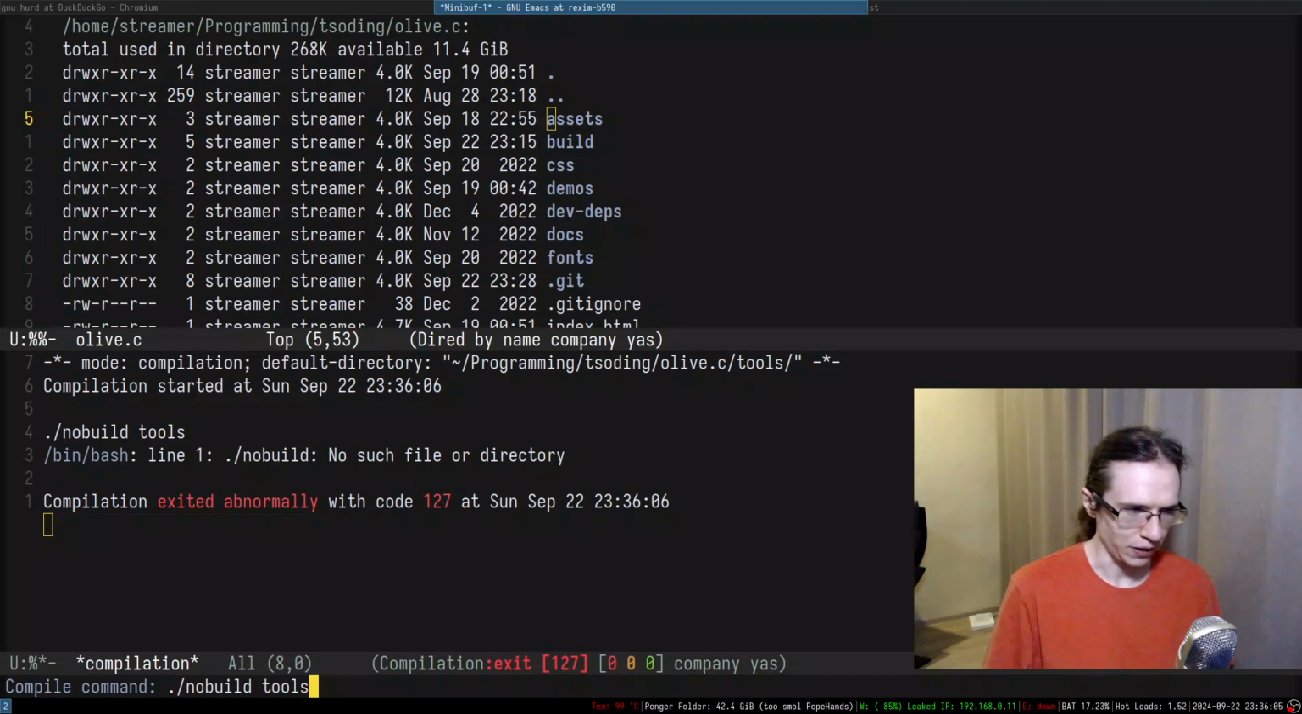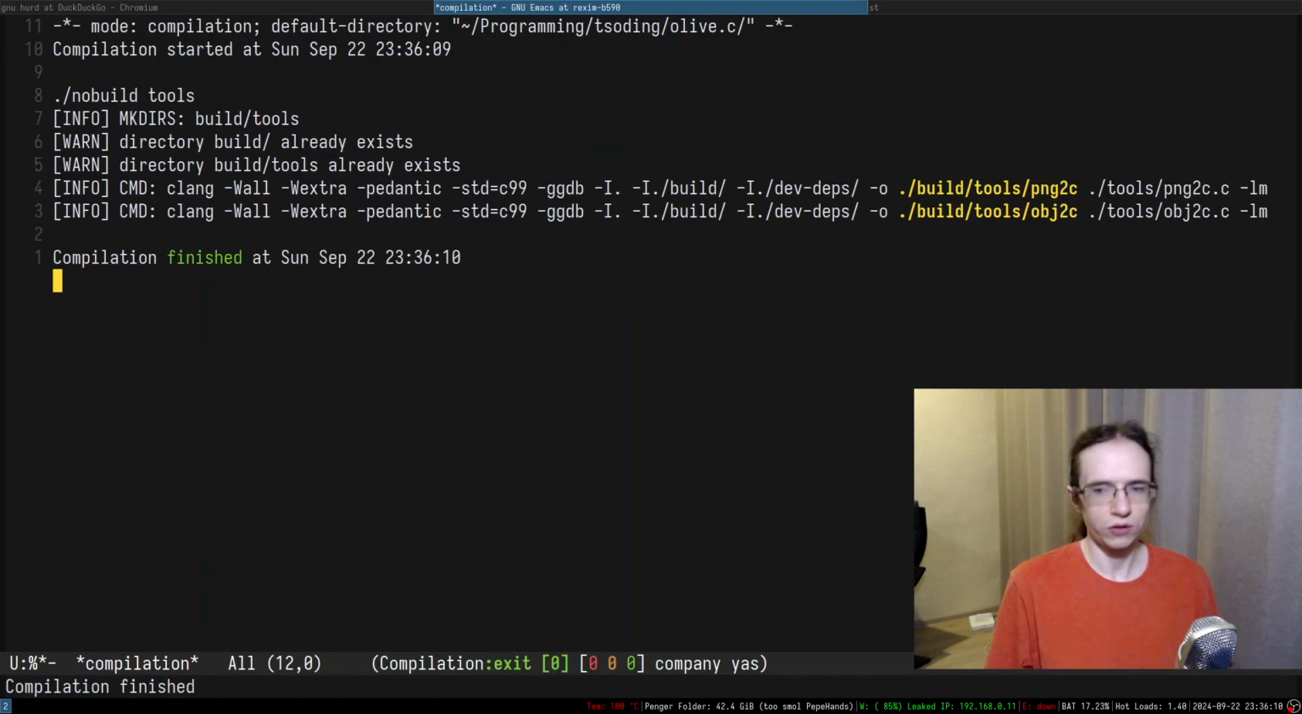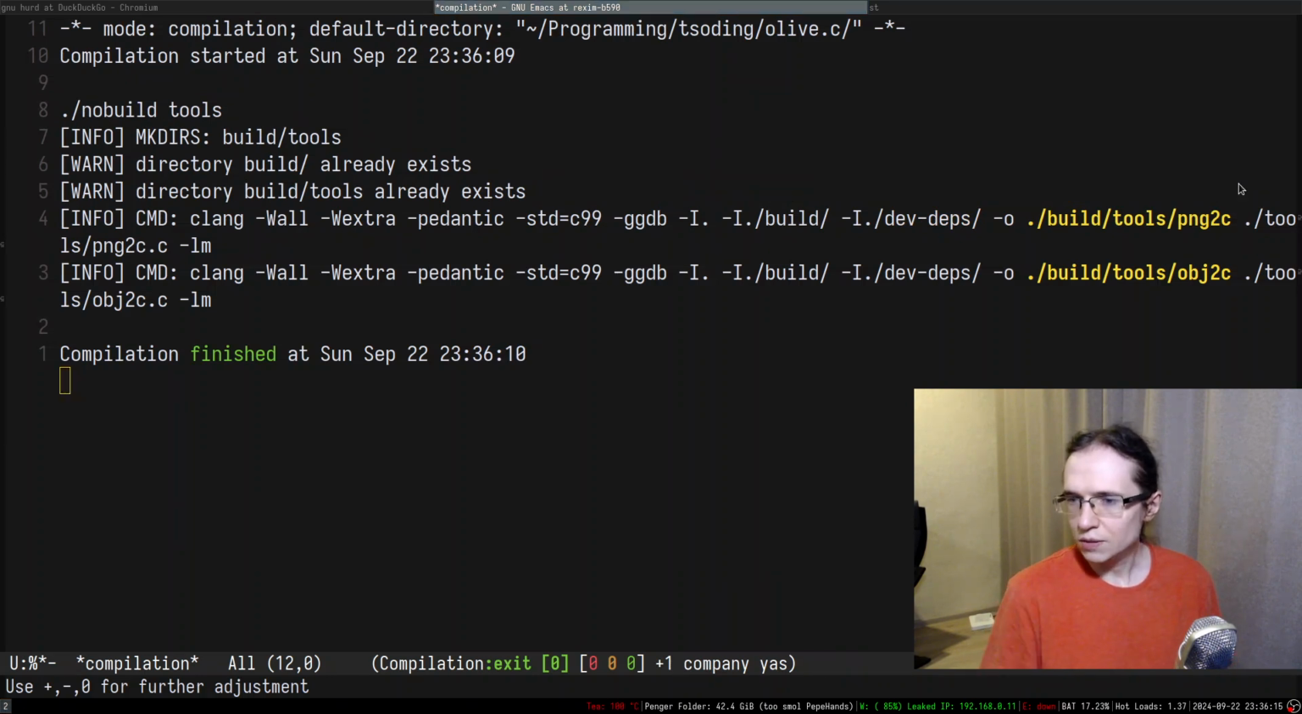Oh, I'm in the wrong place. So building that tools. What's Vim? That's a good question actually. So got some bits